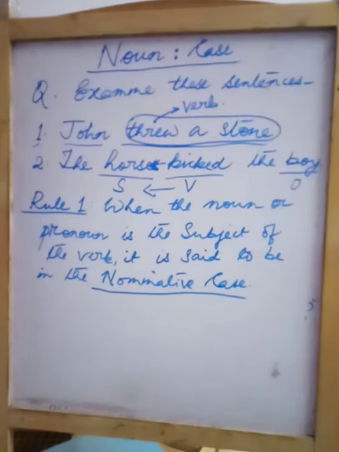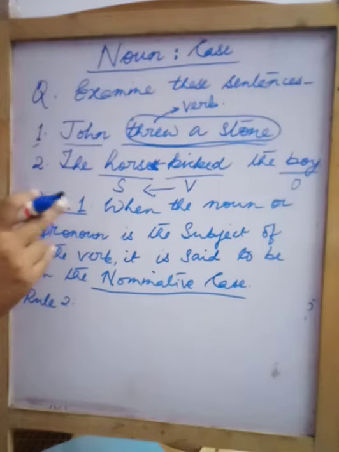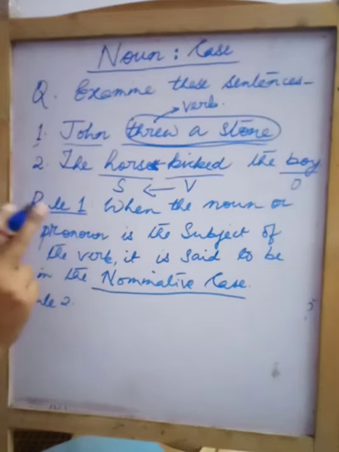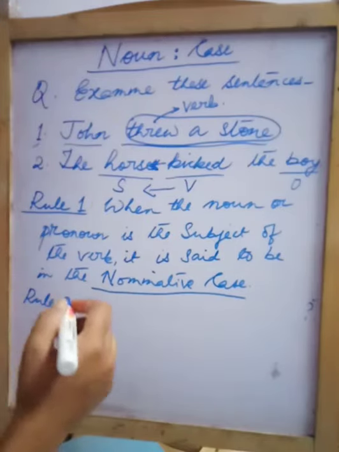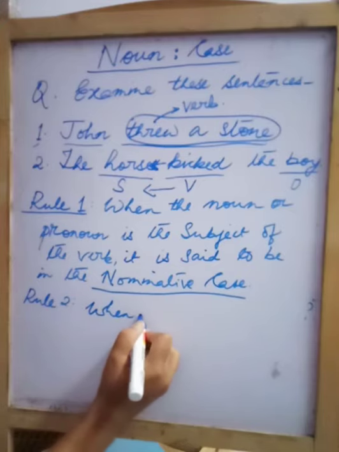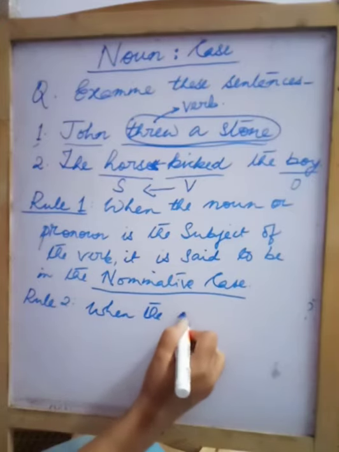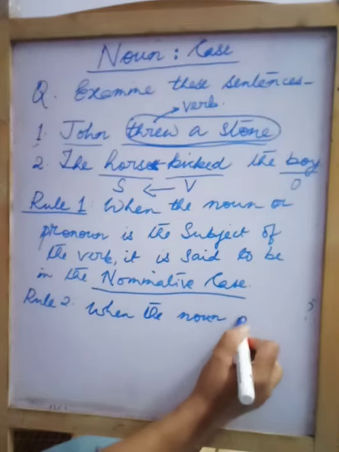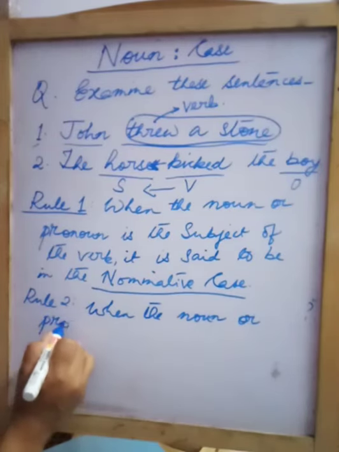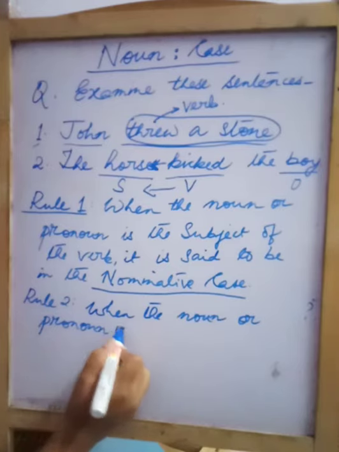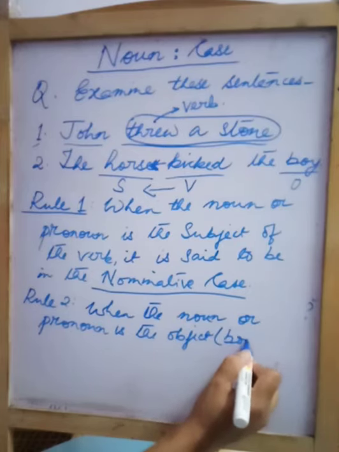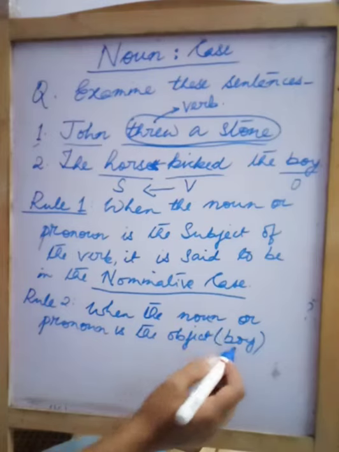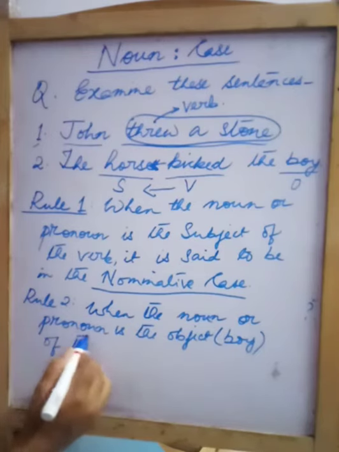Alright? Now, in the second case, what will happen? Rule 2. You remember I had written, whom did the horse kick? The answer was the boy. So here the boy is the object. So when the noun or pronoun is the object, in this case the boy, I'm writing it: when the noun or pronoun is the object of the verb,